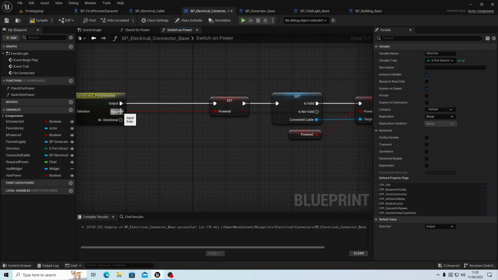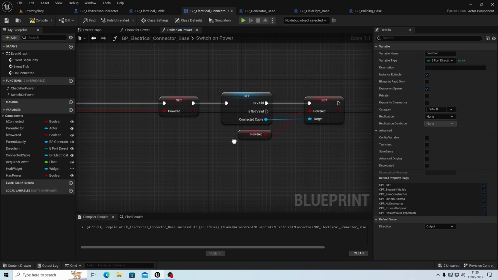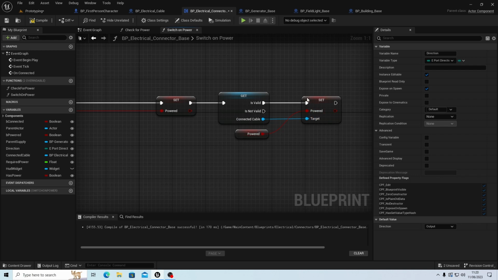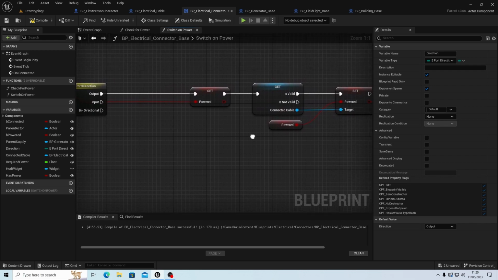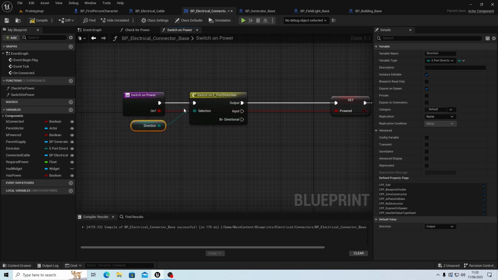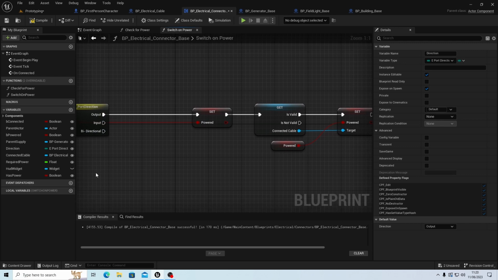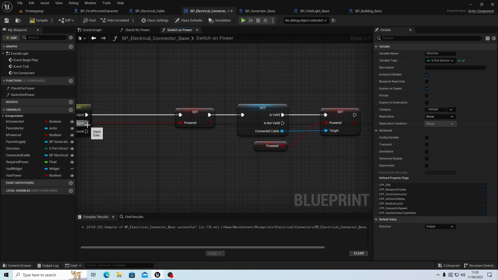we get the connected cable, which we're doing anyway. Oh, we're setting the connected cable, yeah. And this one, we get it and we set to powered here, yeah. Right, okay. This will then negate the use for putting it on the cable. How are we doing that? Switch on power. Oh yeah, we will do. Yeah, sorry, we will do. So if it's an input, which is what this one most likely is,